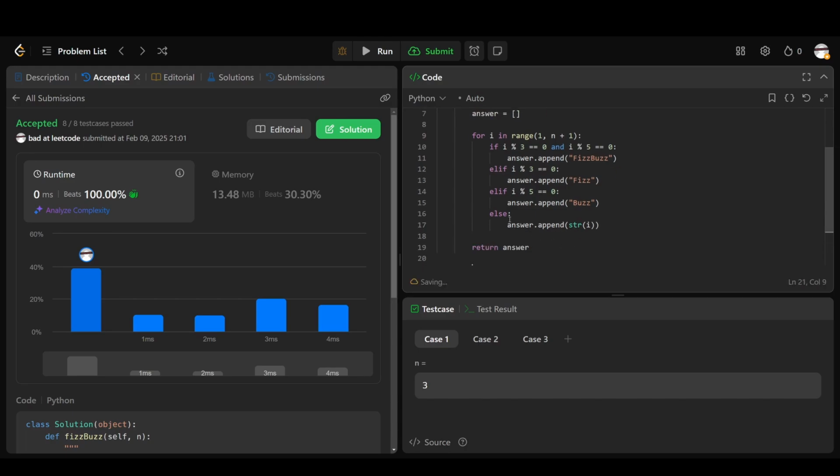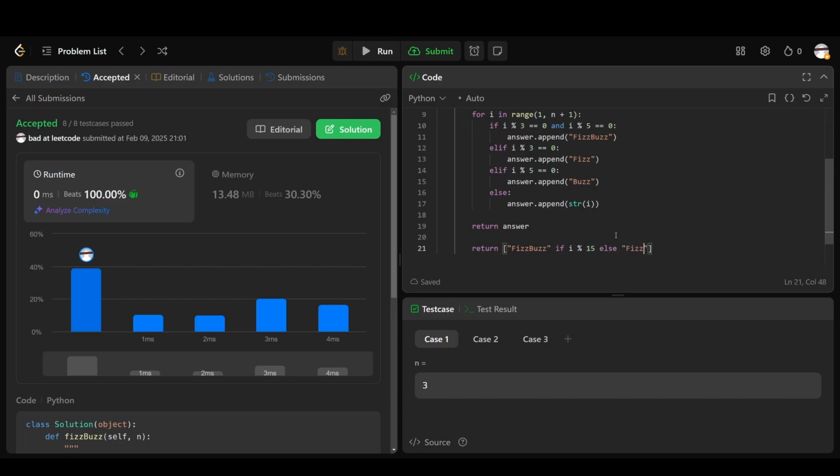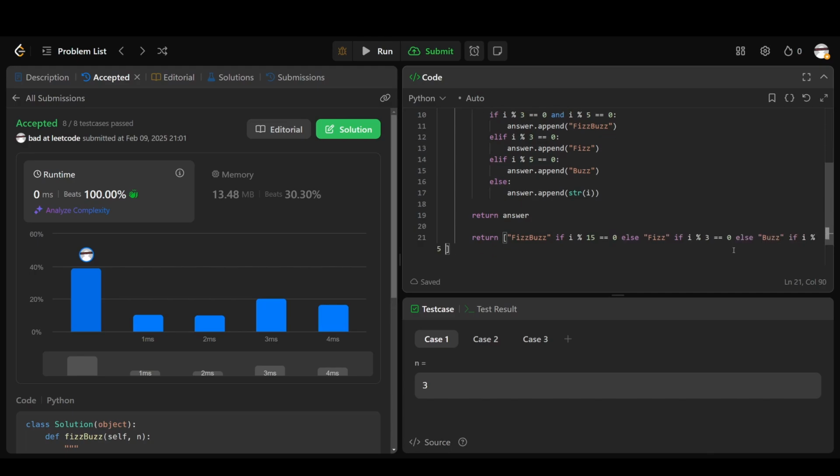Instead of all this, we can return an array that's FizzBuzz if i mod 15, and you can do i mod 15 instead of i mod 3 and i mod 5 because 3 times 5 is 15 and that's how divisibility works. Else Fizz if i mod 3 equals 0, and I forgot equals 0 here. Else Buzz if i mod 5 is equal to 0, else str of i for i in range 1 to